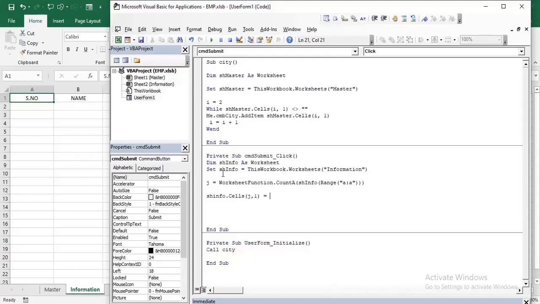I told you how can I call the user form? By me dot txt name.